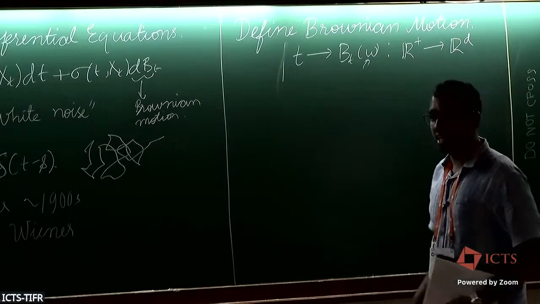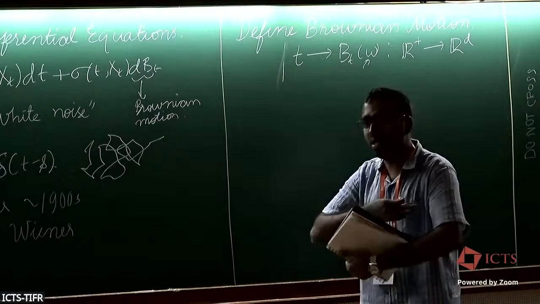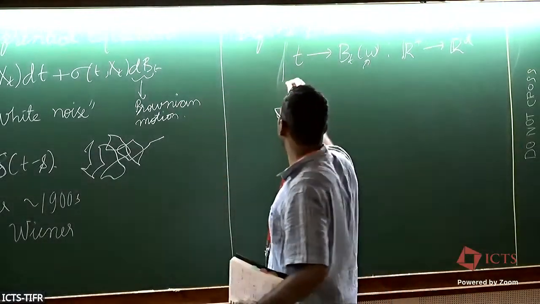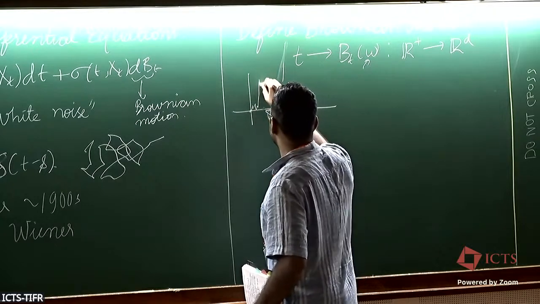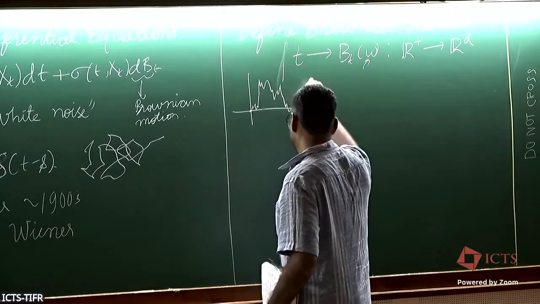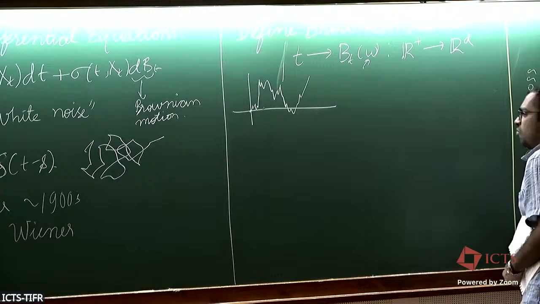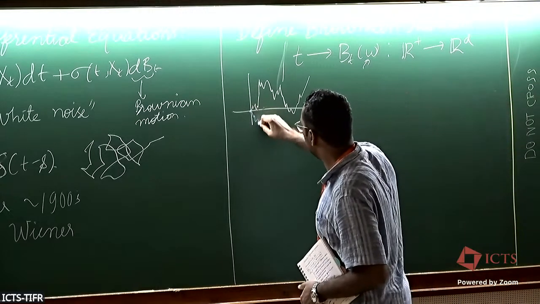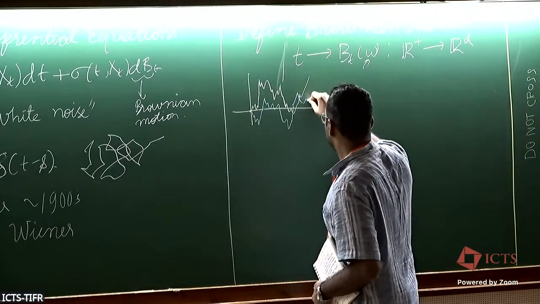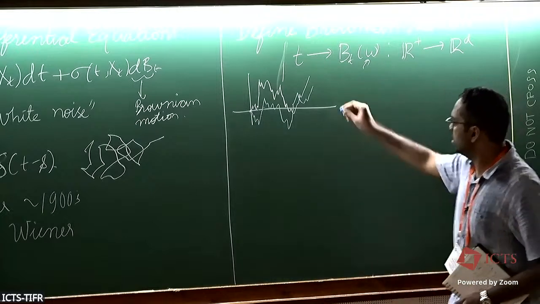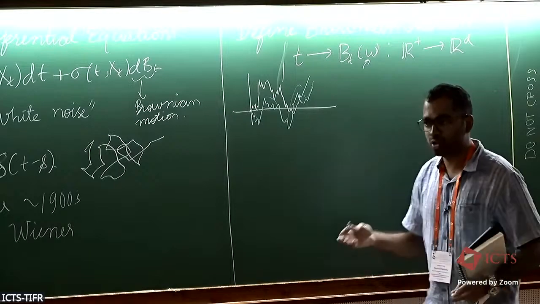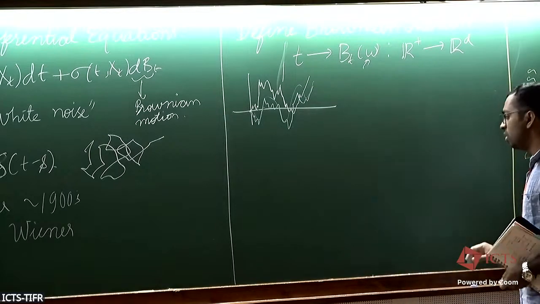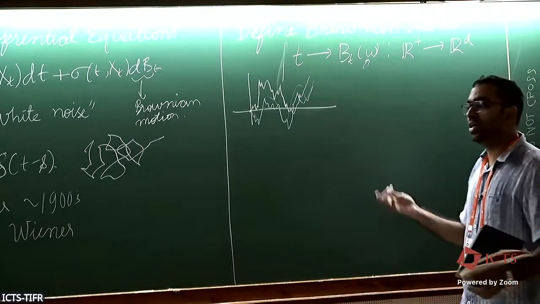So when I say an instance of a Brownian motion, I mean the entire function of time. For example, one random realization of a Brownian motion could look like this. And a second realization of Brownian motion could look like this. What I mean by the Brownian motion is this entire trajectory, right? And a realization of the Brownian motion is this entire trajectory. But there could be multiple possibilities of this trajectory.